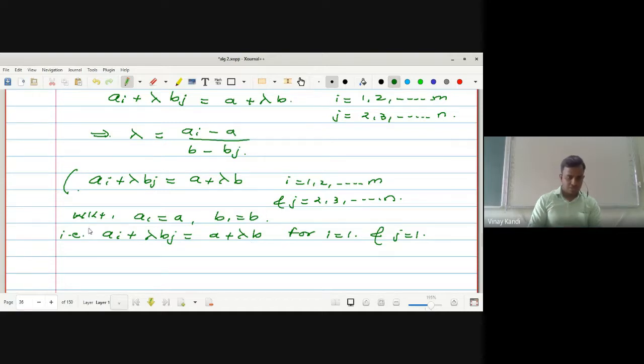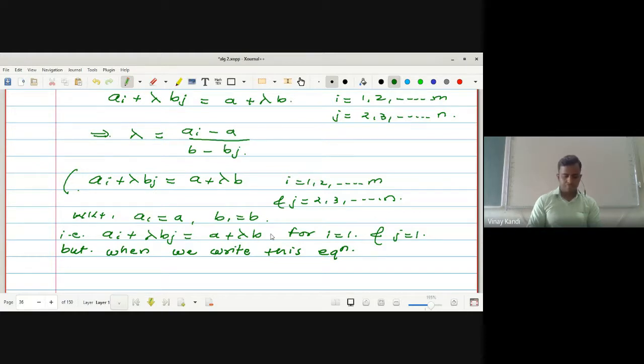I understood this part completely. But when we write this equation, ai plus lambda bj is equal to a plus lambda b,